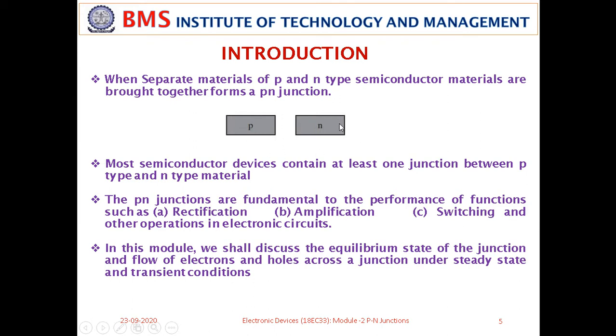How about the n type semiconductor? We are going to dope this n type semiconductor with a trivalent impurity. That is not trivalent, a pentavalent impurity. What is the example for pentavalent? Phosphorus. Phosphorus is the best example for a pentavalent impurity. If you dope an intrinsic semiconductor with a pentavalent impurity, what happens with reference to the energy band diagram?